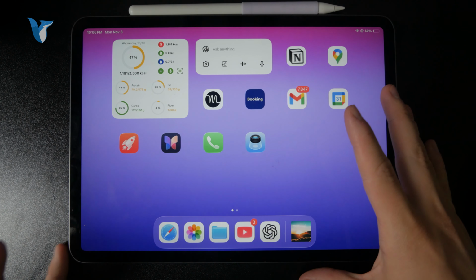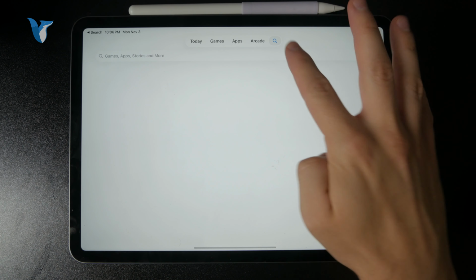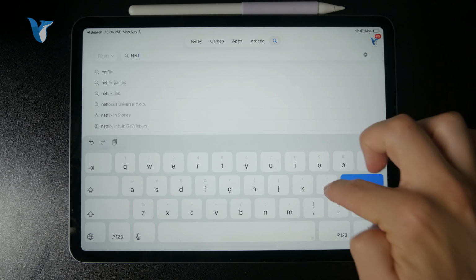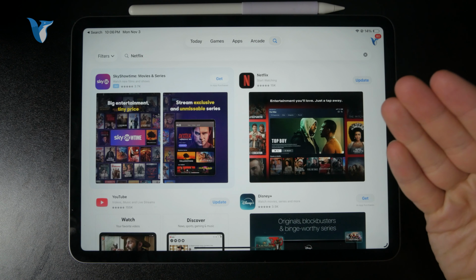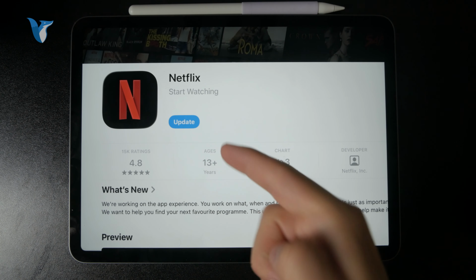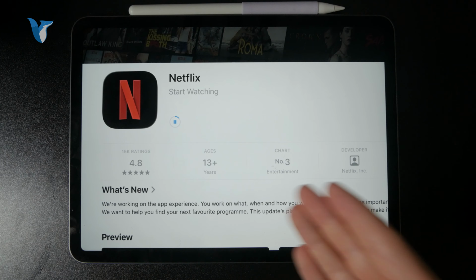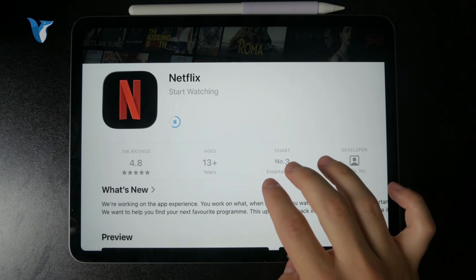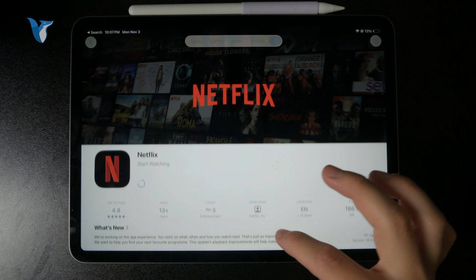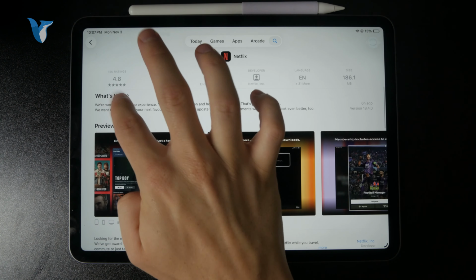So what you need to do in that case is to check out the App Store where you have the ability to go to the search field like that, go to Netflix, like literally type it in, and pay attention to the update button, which is possibly showing up next to the icon. This is going to indicate to you that the app already has a newer version available. So you should install the update and make sure that you get the latest fixed version. So whenever there is a problem like this, usually the developers release a new update and that new version should